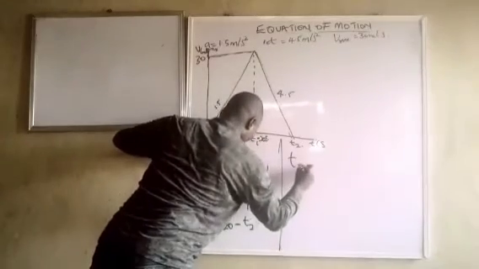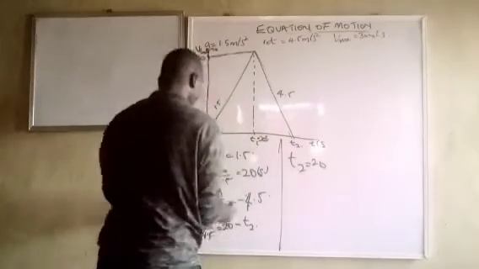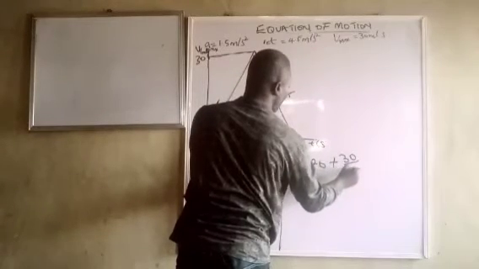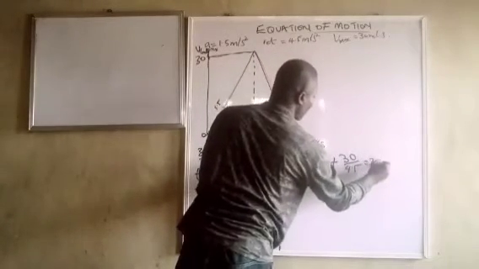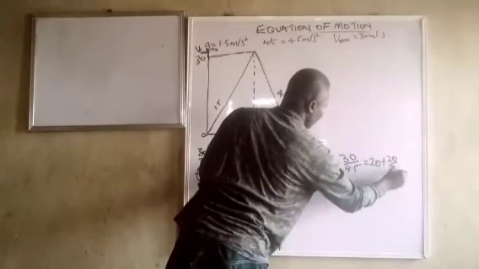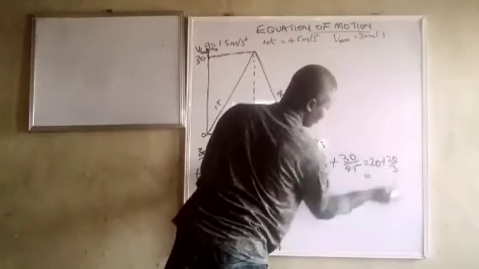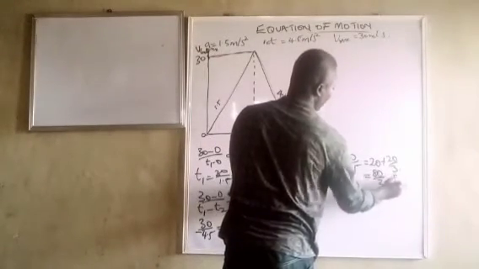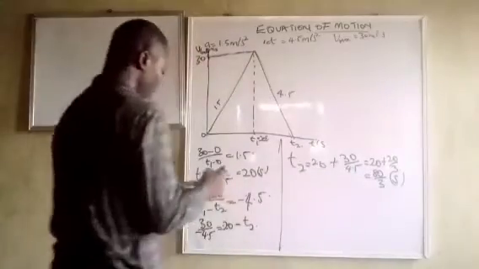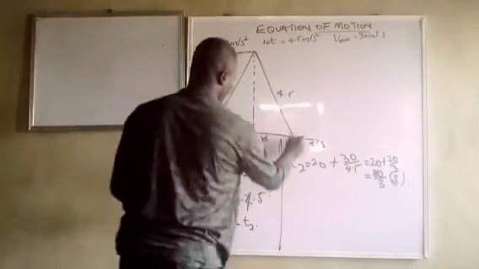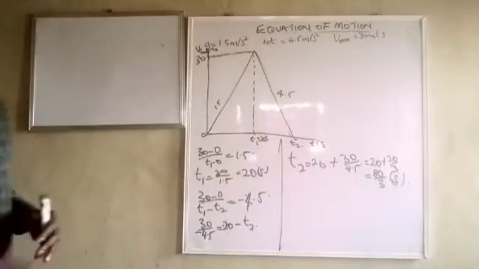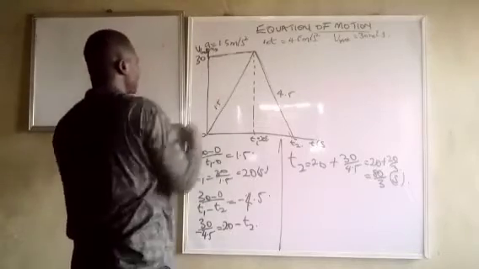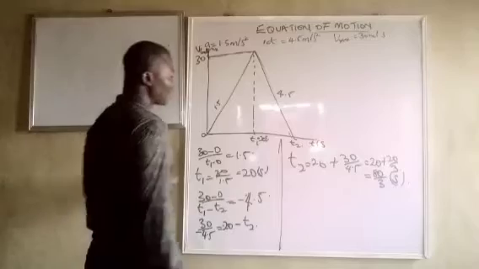So T2 is equal to 20 plus 30 over 4.5, which is 20 plus 20 over 3. And that's going to be 80 over 3 seconds. That is T2, 80 over 3 seconds. I don't want to approximate. Now, if we look at this, what will be the total distance traveled if all these maximum conditions are fulfilled,